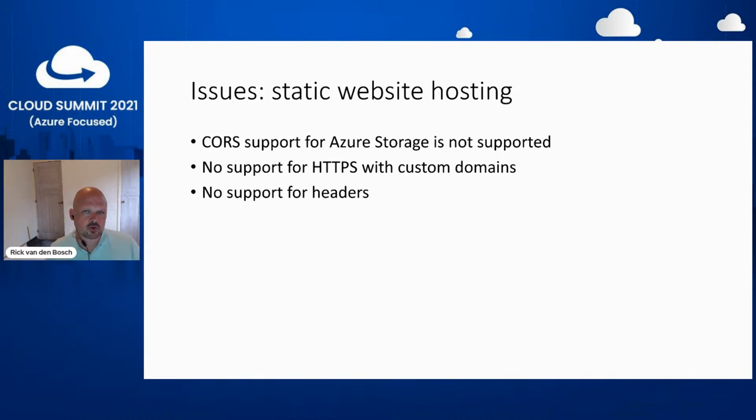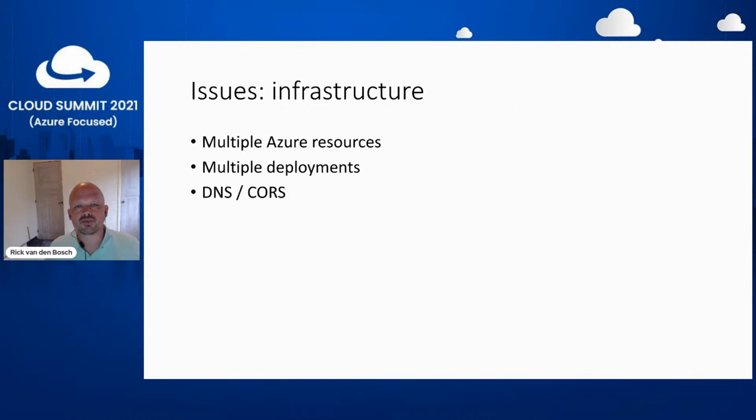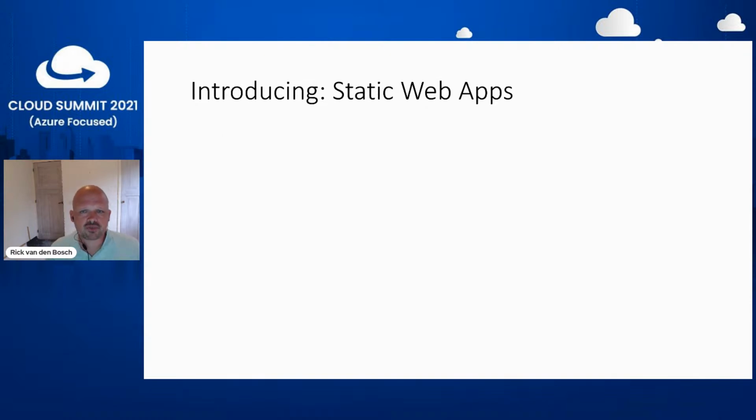And then there's also maybe some issues with infrastructure as soon as you start running a static website in static website hosting for a storage account and an Azure function on the other end, because you're going to have to manage multiple Azure resources. You're going to do multiple deployments for both the API and the front end that talks to it. You have to set up DNS and some CORS. So it's kind of a hassle to get static website hosting in a storage account to work with an Azure function instance. So that's when Microsoft thought, this is the moment where we need to start introducing static web